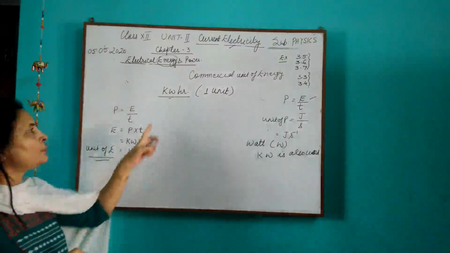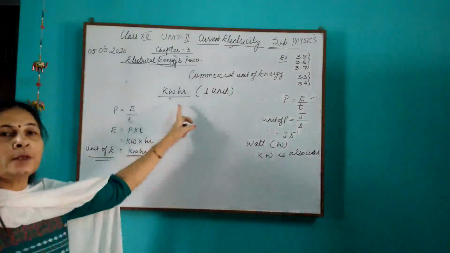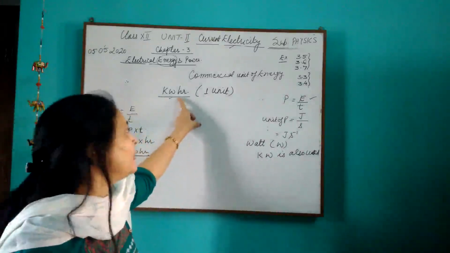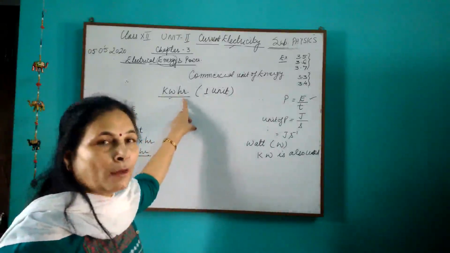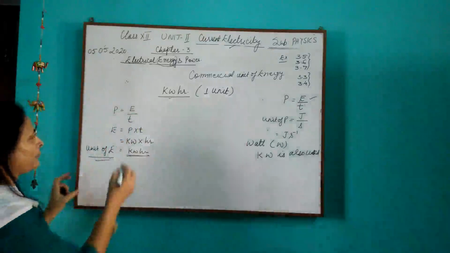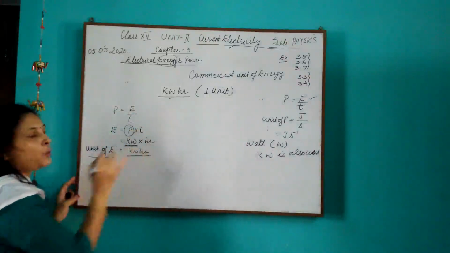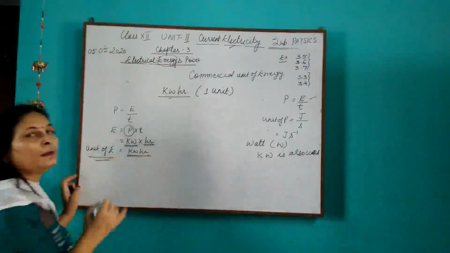Most of the time, students get confused with kilowatt itself. As soon as they are asked the unit of energy and kilowatt hour is written, they treat it as if it is a unit of power. So you have to be careful. And when is 1 unit used in your homes? When you are using an appliance of 1 kilowatt for 1 hour.